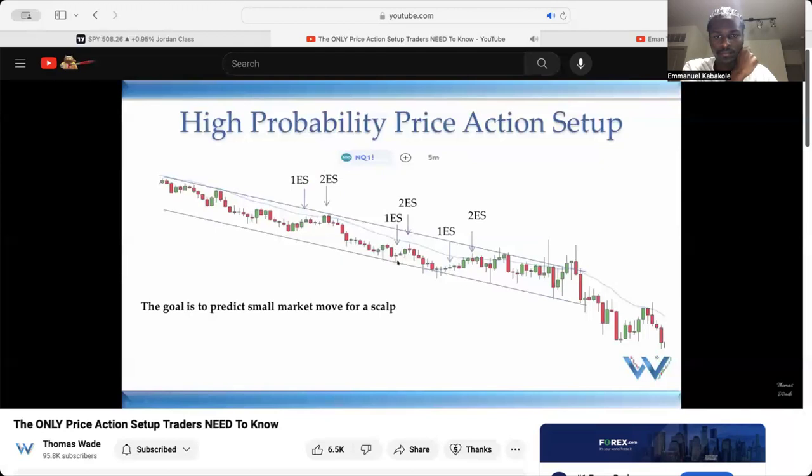So in this scenario, the bullish leg is just one bar here, correction, second bar here, bullish leg ended, new low formed, first entry short, pullback, second entry short. Two-legged pullback at the key entry point. Two-legged pullback is designed to predict a small market move for a scalp. You're not about to predict a massive swing trade. You're about to predict a smaller portion of a scalp from two key entry points to resume the trend after